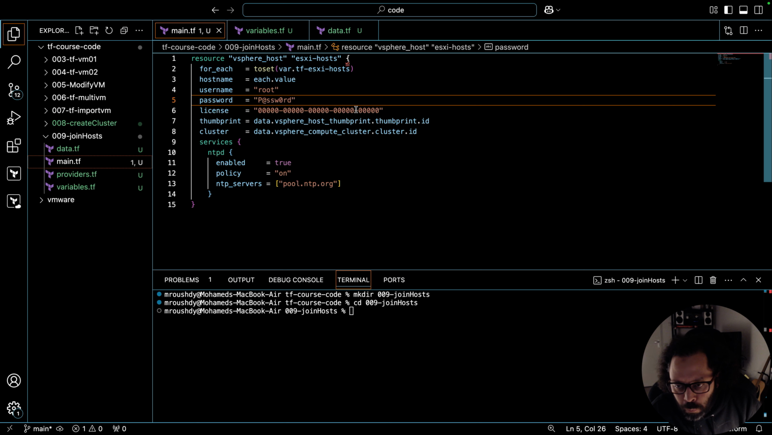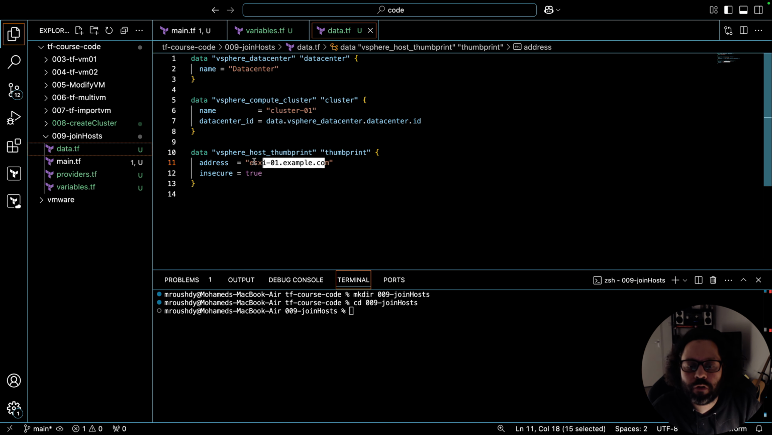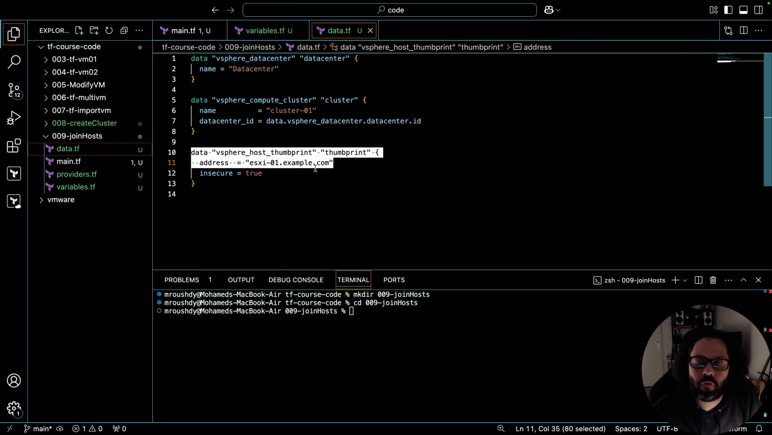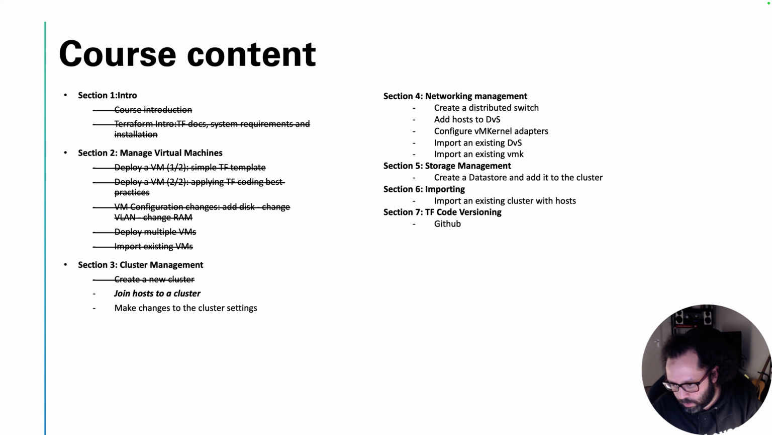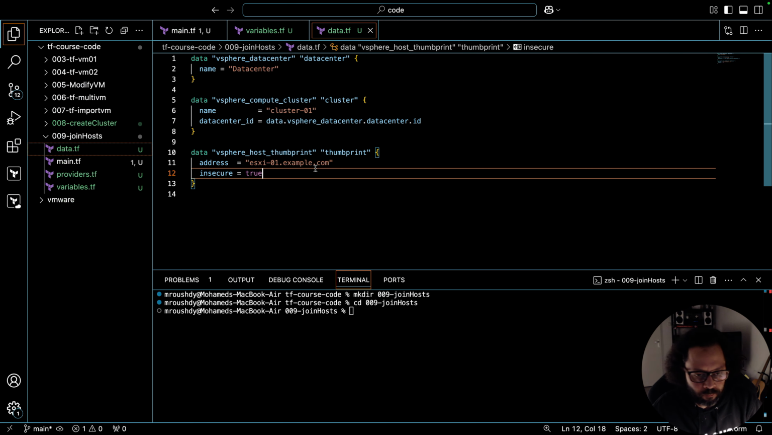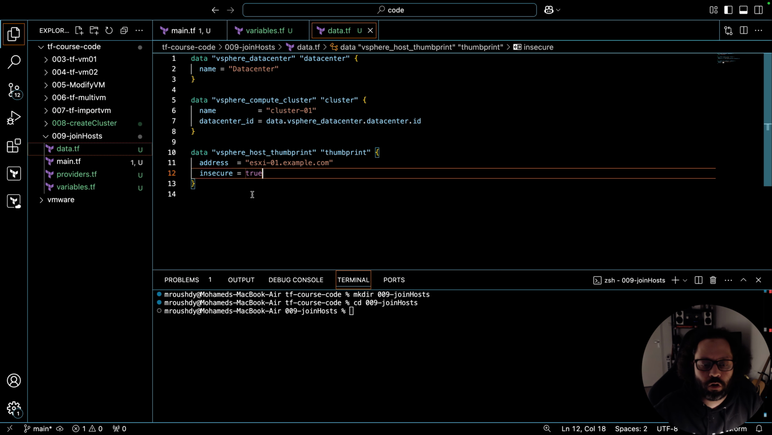Let's define the thumbprint. Once again, the thumbprint is in the data section. So let's go to data, and in here we are declaring or obtaining the data about the thumbprint. But once again, guys, this is just for one host. We need this to be for a list. If you are going to use a dedicated block of code per ESXi host, then my suggestion is, of course, you will have to duplicate these. Otherwise, just use a for